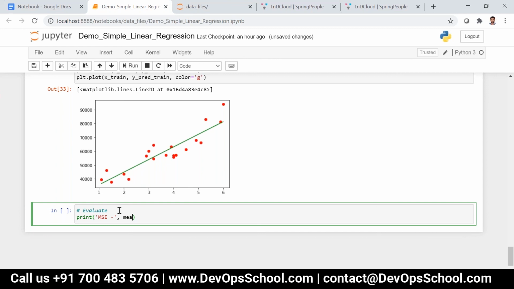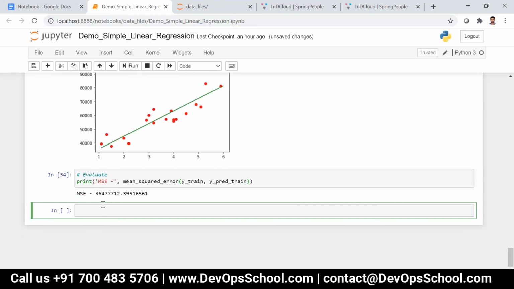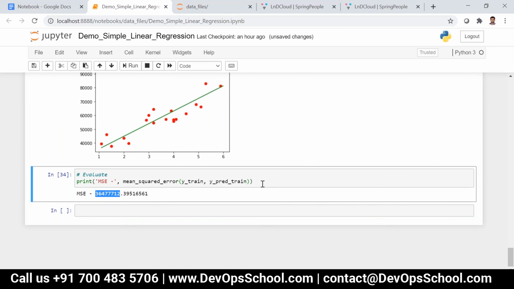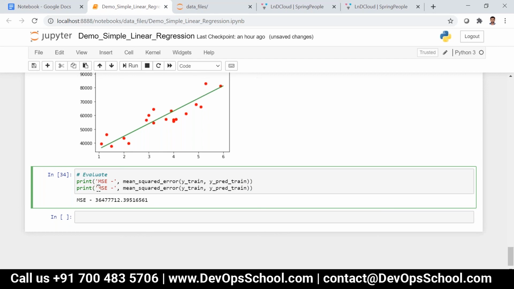Now, to evaluate, first let me just print MSE. I can say mean squared error of y_train and y_pred_train. That's it. This is MSE. Now if I want to find RMSE, I can just say np.sqrt of this.